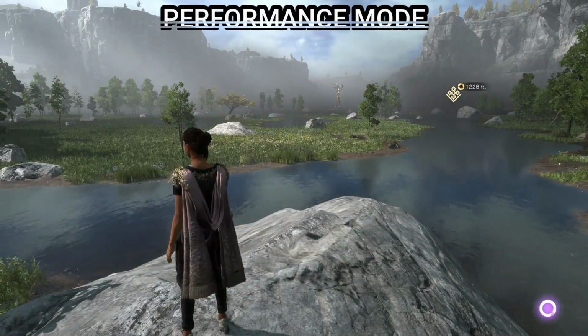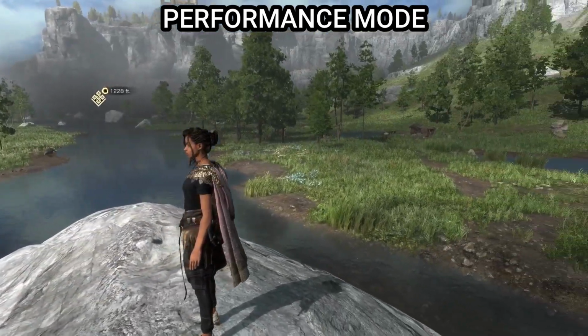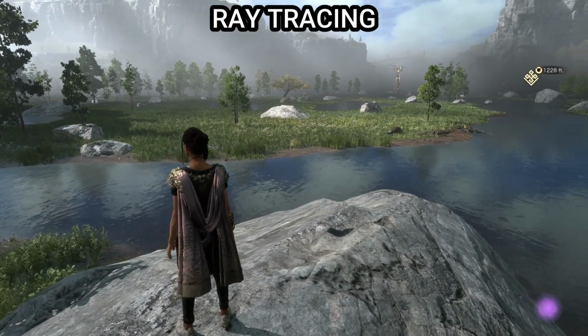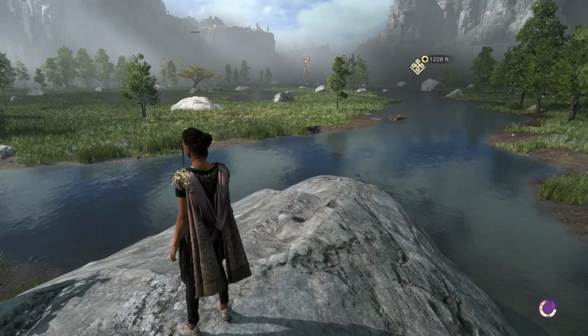Another setting you should look at is performance mode. This seems to be the best option on the PS5 because from my experience, the other 2 options cause serious frame rate drops and the enemies in the distance look like they stutter at times, but performance mode puts you at a steady frame rate of about 60 frames per second, while ray tracing gives better visuals